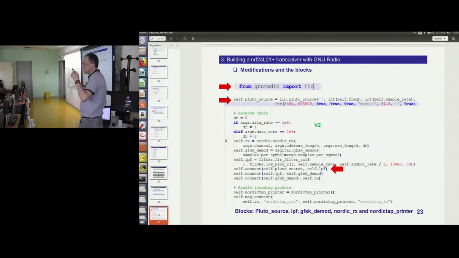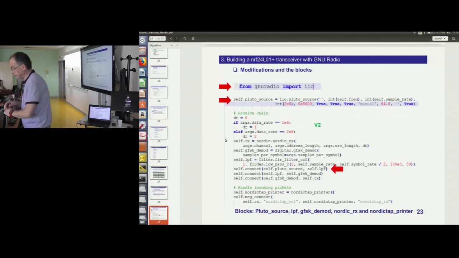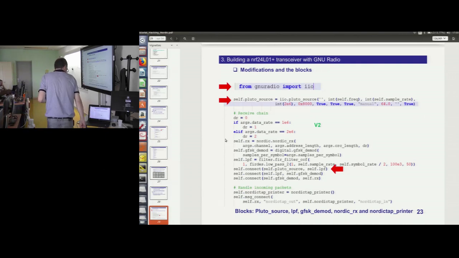And don't forget to read the arguments at the end of the file. Yeah, so for the bitstream,